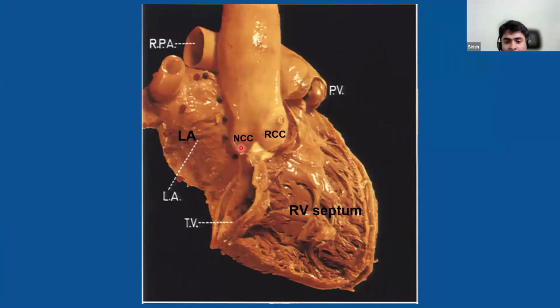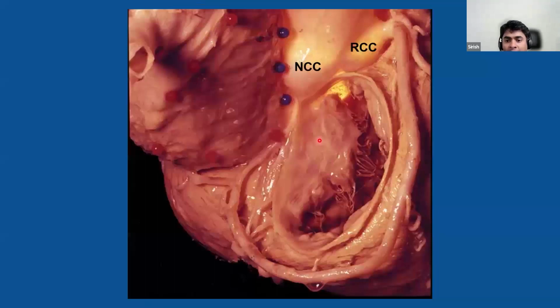You have the left atrium, and this is the rough plane of the mitral annulus. And you can see that the tricuspid annulus has been left behind in this anatomical specimen. Here we see that the tricuspid annulus is apically displaced. What this does is expose part of the left ventricle to the right atrial myocardium. So if you see this from a different angle, you can see that this is the non-coronary cusp,